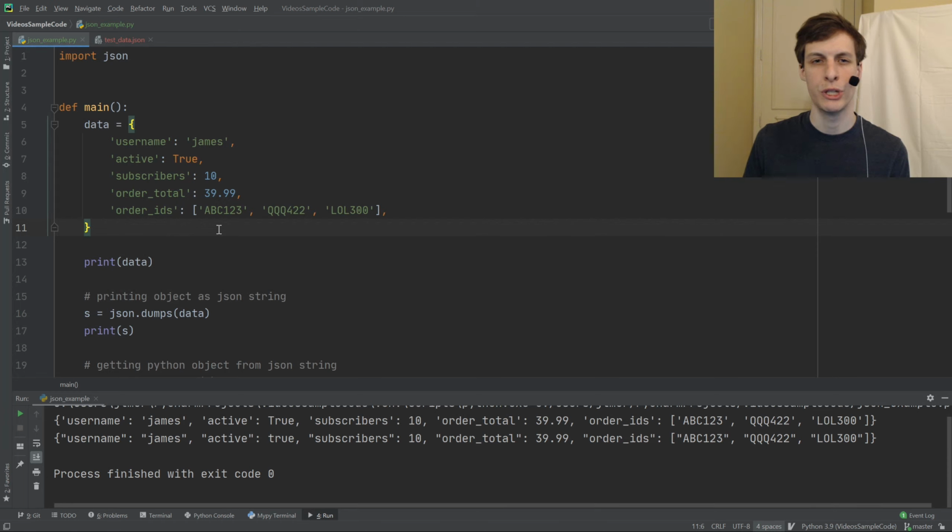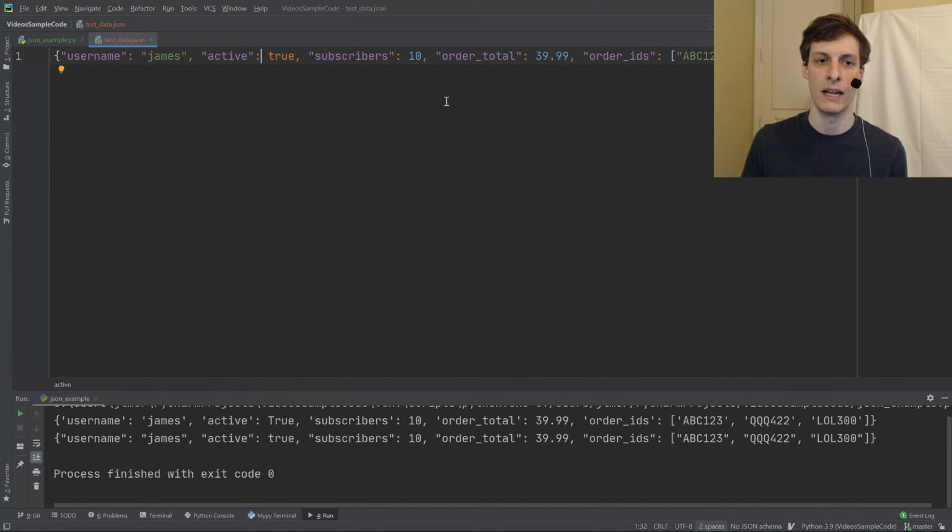So why exactly would you want to use JSON? First and foremost, JSON is human readable, meaning when I look at this data, I can look in and see the actual data. It makes sense to me. It's not compressed, it's not in a binary format. So if I wanted to go in and say change a value, I can do that and I can understand my data just by looking at it.